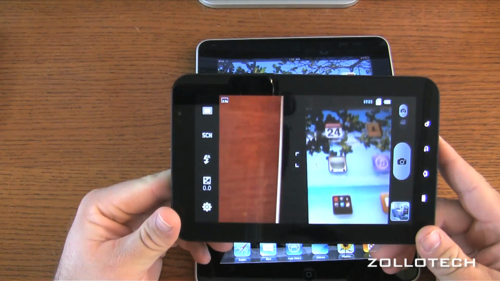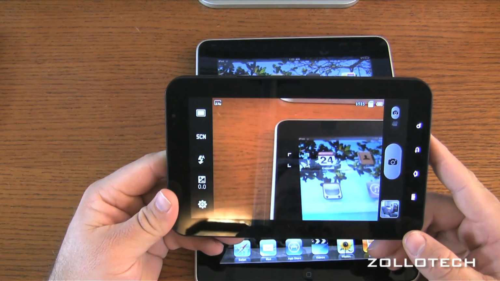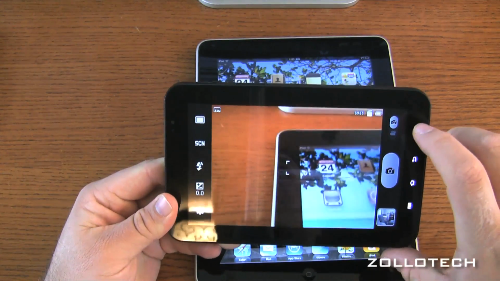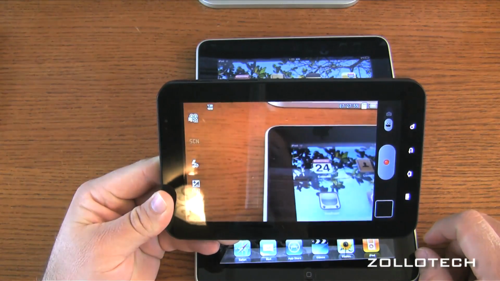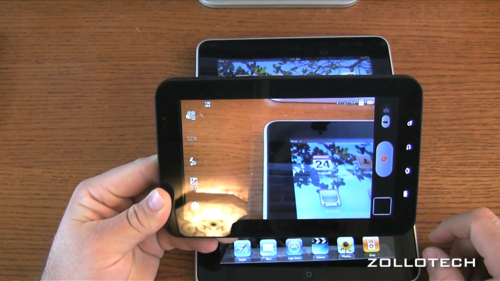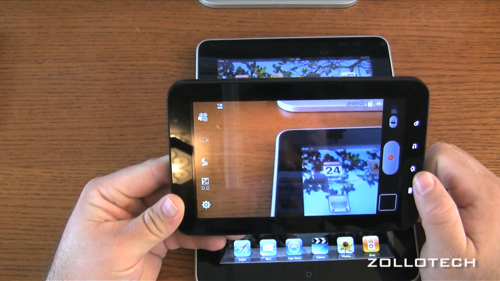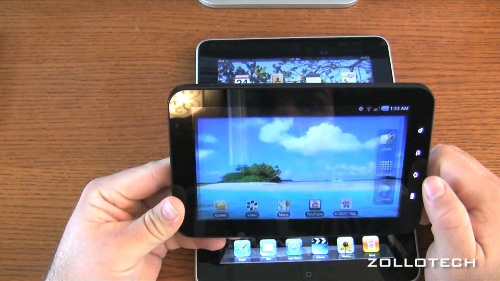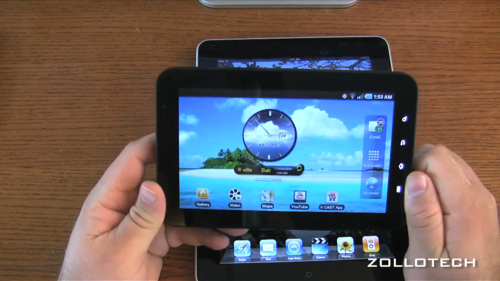This has a camera with flash built in and lots of different options, just as any Android operating system. If we want to switch between camera and video camera, we simply slide and go down. Now this does have a forward-facing camera, and at this point, unless you're using an application that has that ability, it's kind of pointless, but I believe we'll see more applications in the future that actually utilize it, such as,